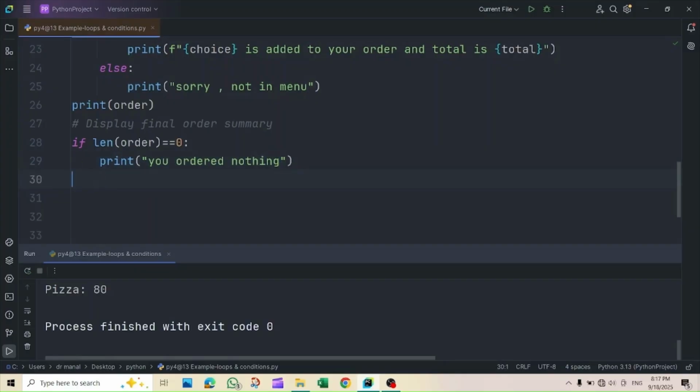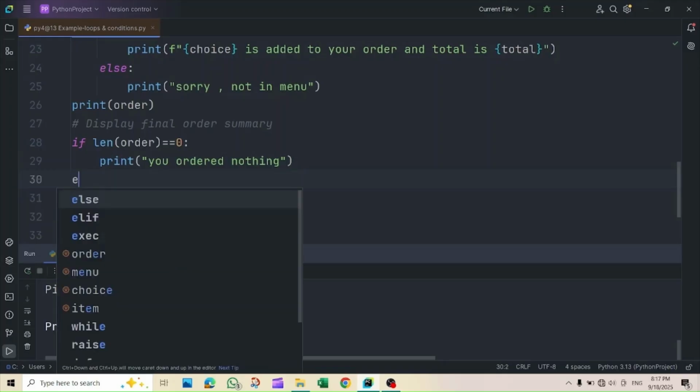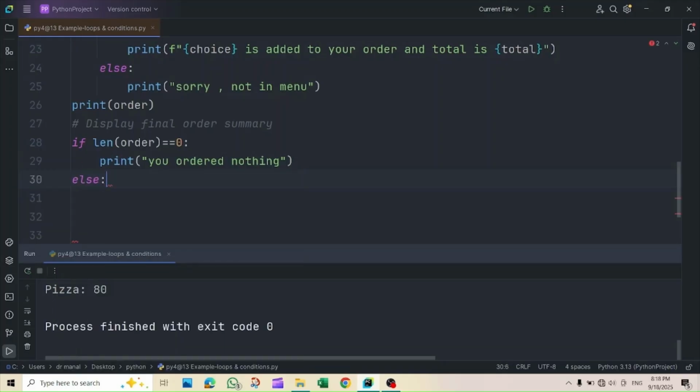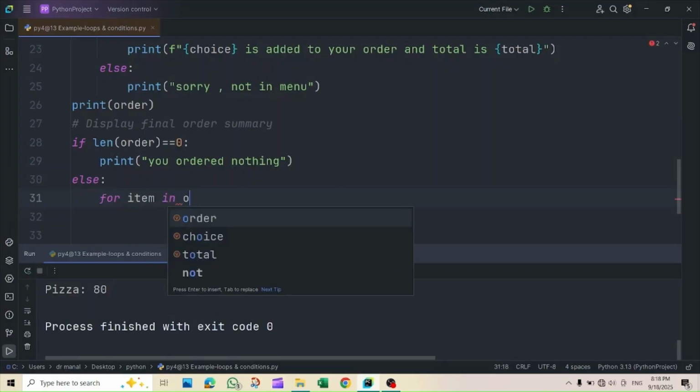Else, so we have our shift tab. We need the for loop to iterate over the list order. So for say item in order,